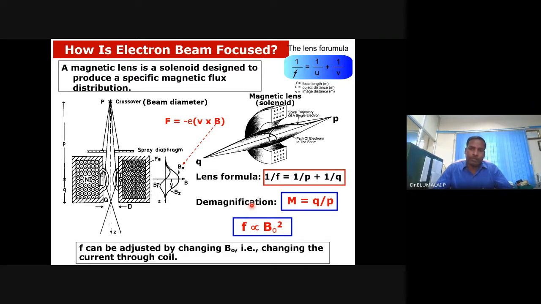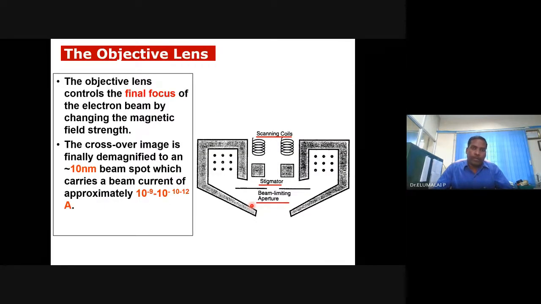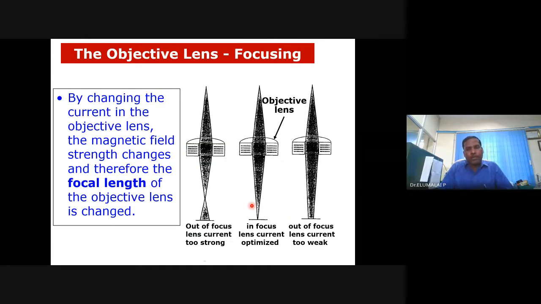Here it is the magnetic field. The objective lens further focuses the electron beam. This is what focusing and defocusing does with the magnetic lenses, similar to optical lenses. This is out of focus, this is out of focus, and this is highly focused. We will not be able to get better resolution or information from the first two, but you will be able to get better information here. How do you control this? You control the strength of the magnetic field.